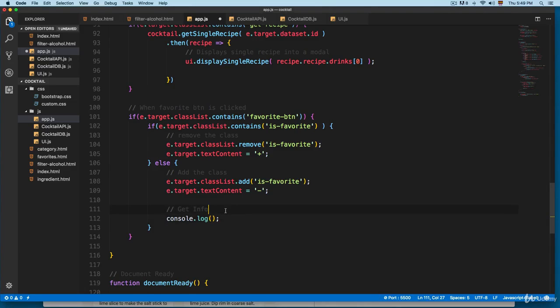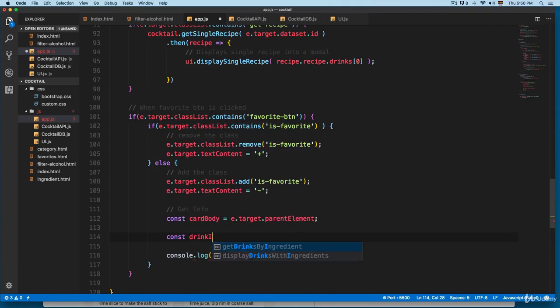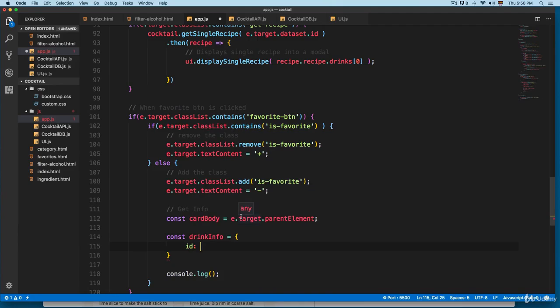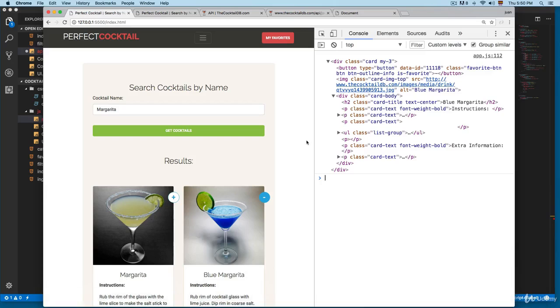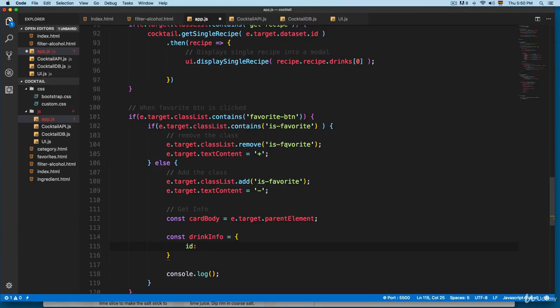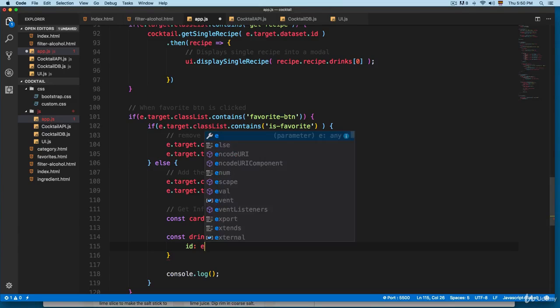And we're gonna add const cardBody is going to be equal to e.target.parentElement, like this. And then we're gonna create a new object. This is going to be an object literal, so we're gonna add const drinkInfo. And this is going to be equal to an object. So we're gonna add ID. And if you remember, in order to access this data ID, we're gonna use dataset. So we're gonna use ID and we're gonna use